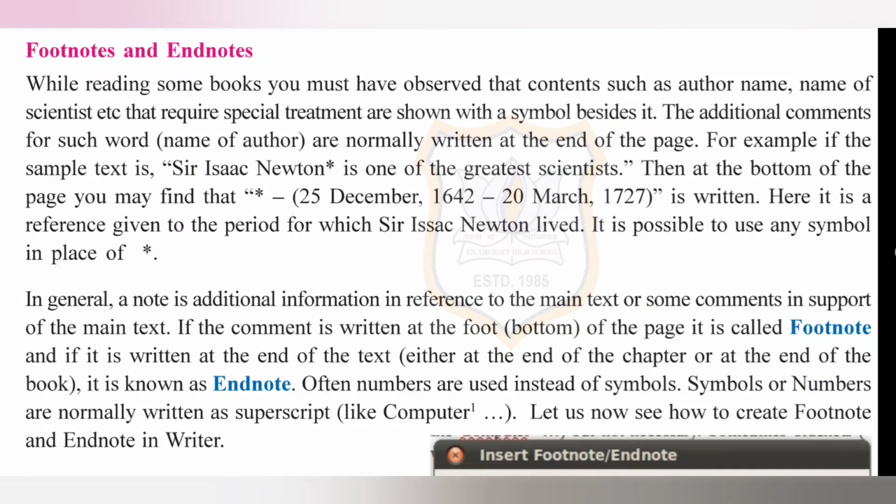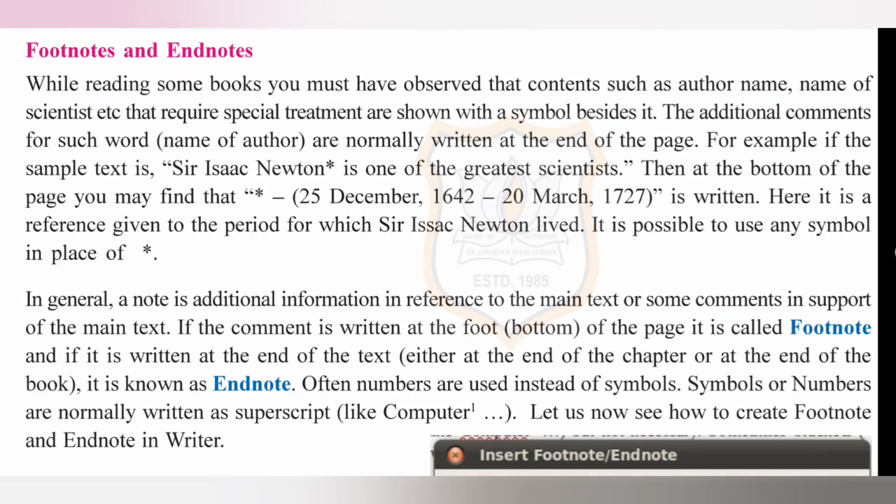Footnotes and endnotes. While reading some books, you must have observed that contents such as author name, name of scientist, etc. that require special treatment are shown with a symbol beside it. The additional comments for such words, name of author, are normally written at the end of the page.